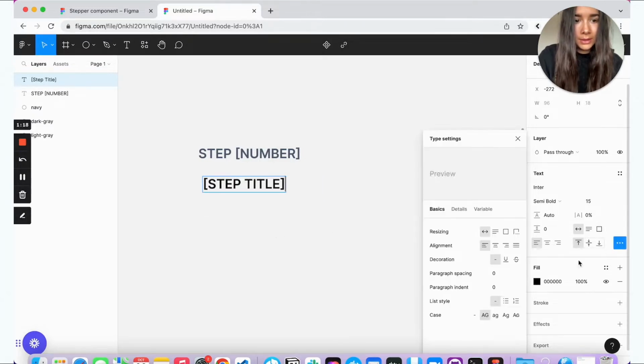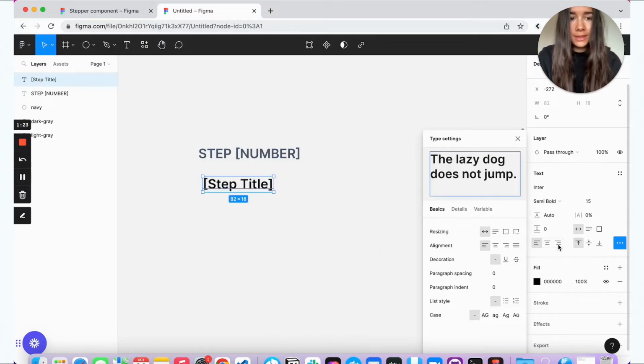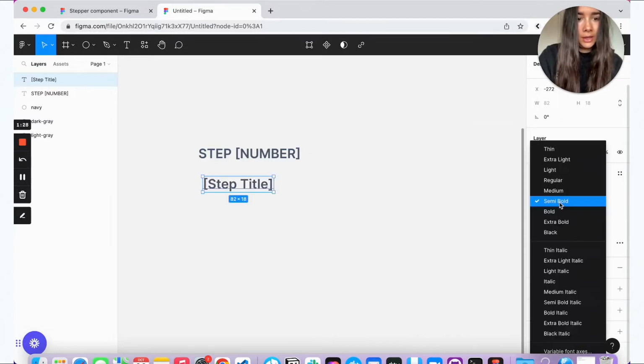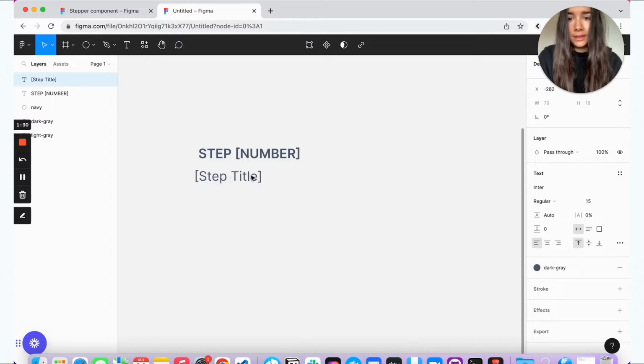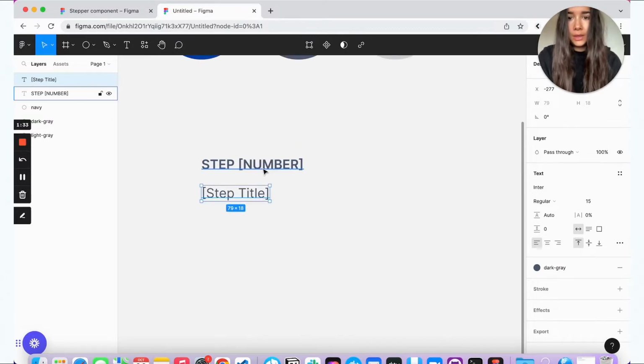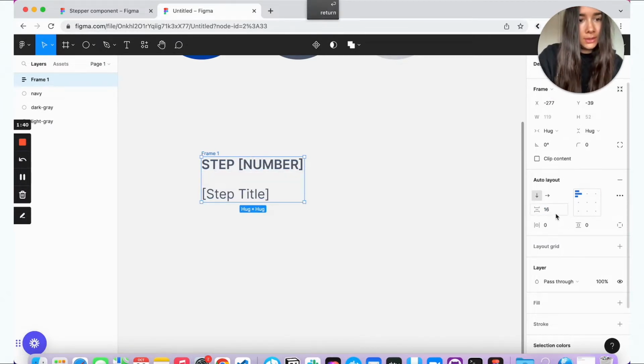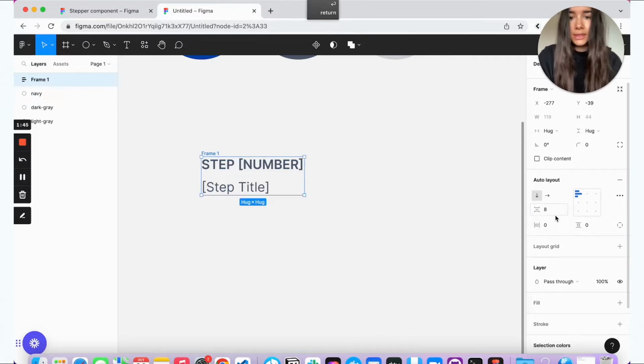So you see currently it preserved the uppercase setting, but we actually don't want this here. We'll also update the text to dark gray, and we'll set the font weight to regular. And now we can combine these two text layers into auto layout, and maybe we'll just have 8 pixel spacing. And then we're going to give it a little bit of padding at the top, but not at the bottom.